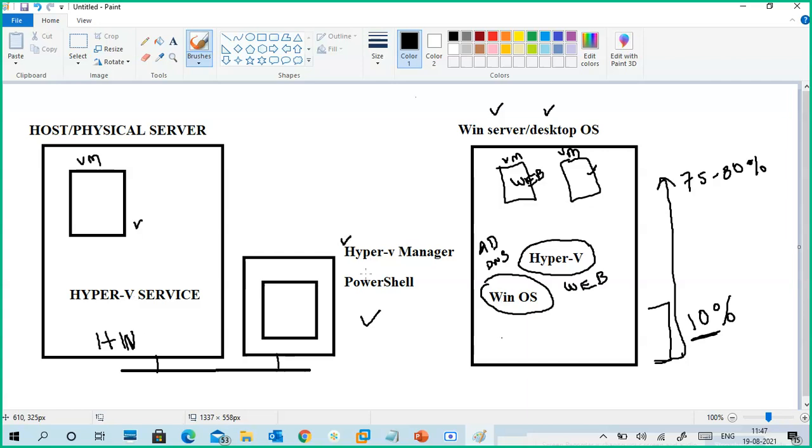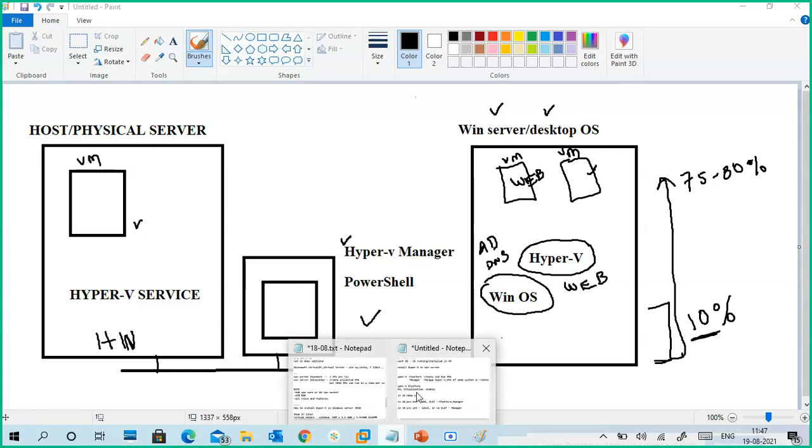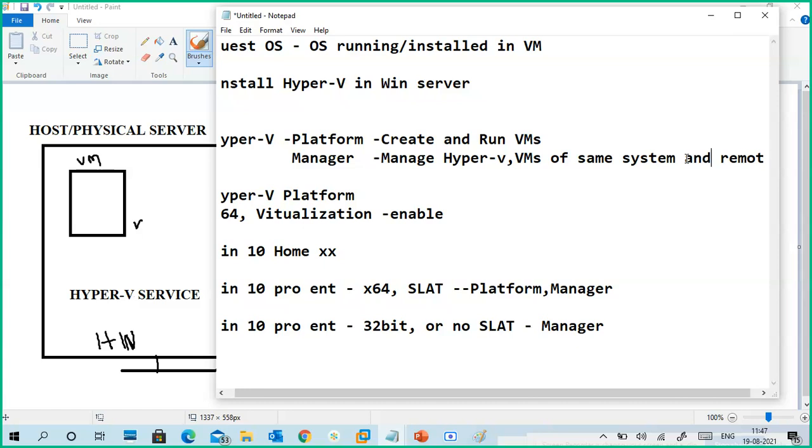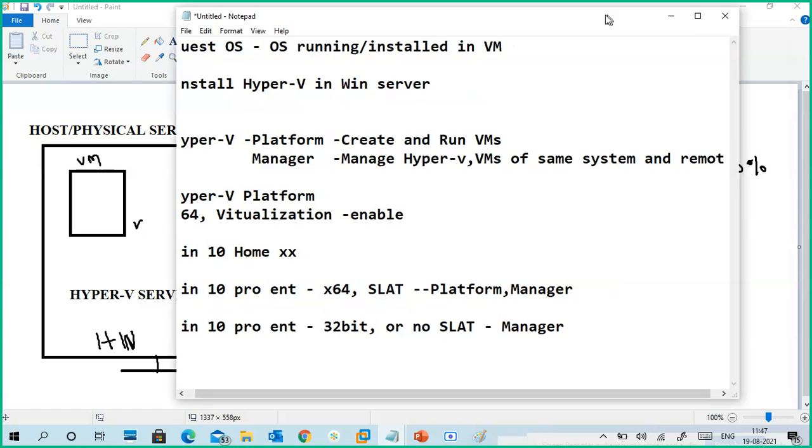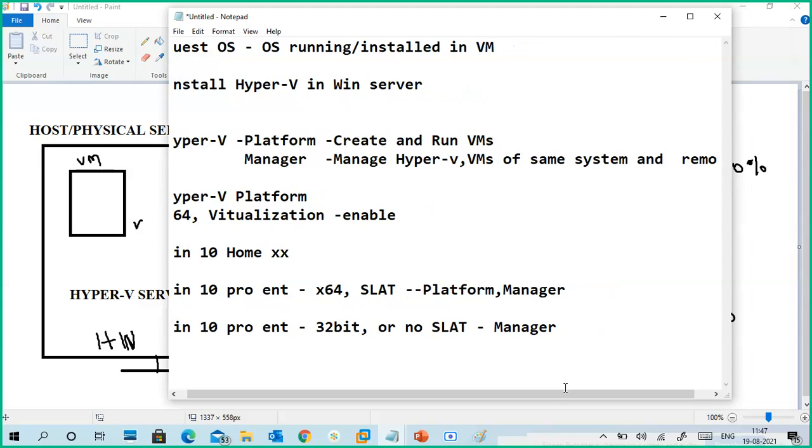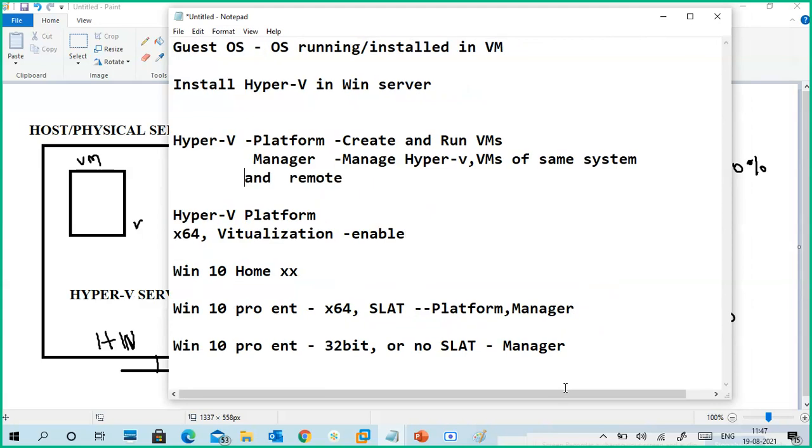If the hypervisor platform is in my PC, I can manage mine, and also remote hypervisors, remote servers or remote Hyper-V.